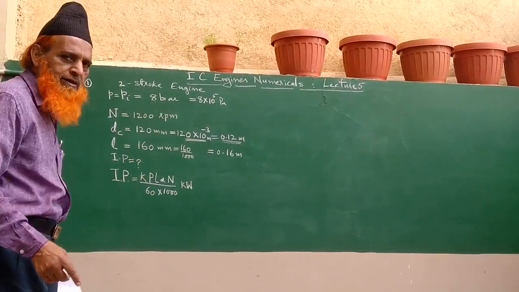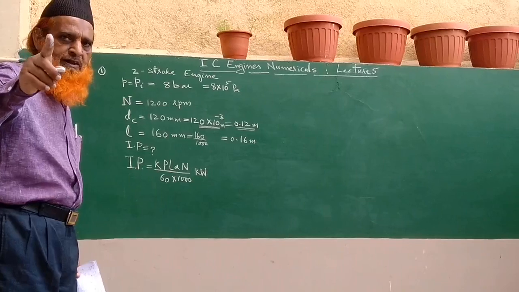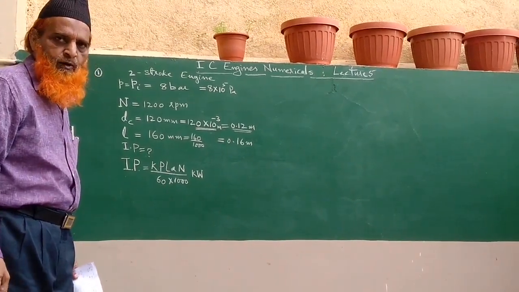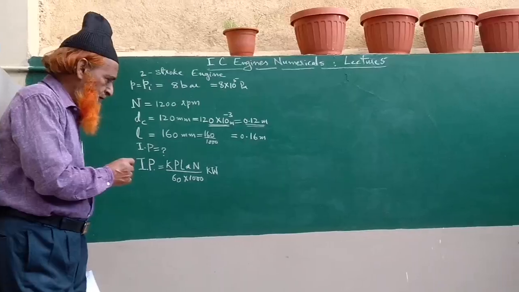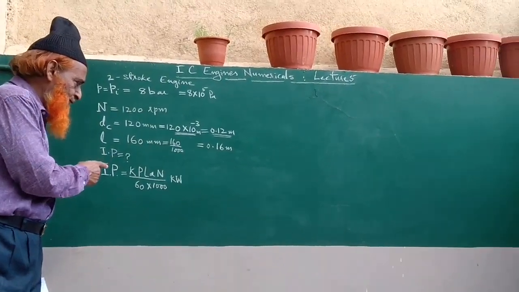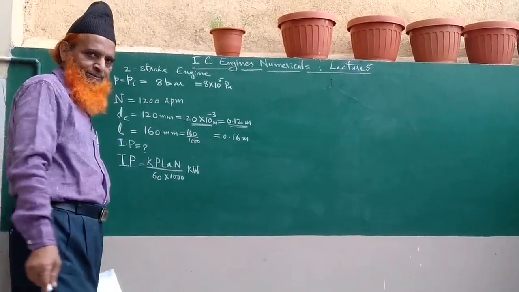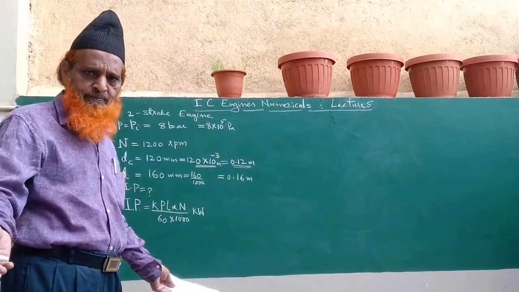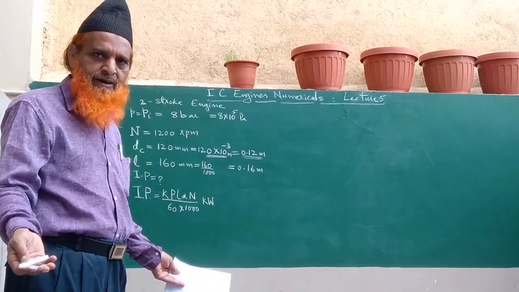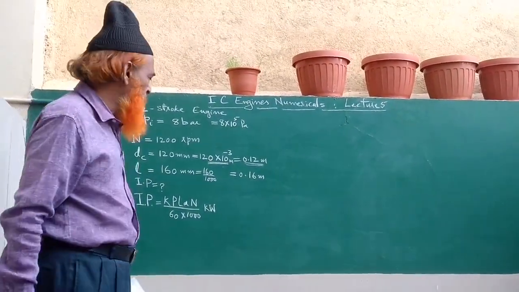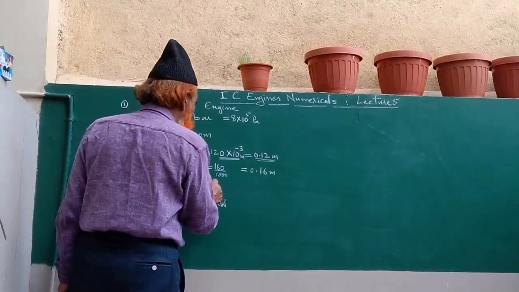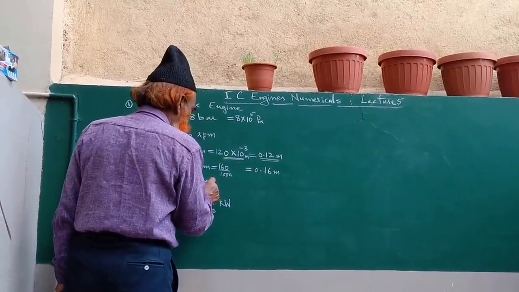K is not given, so we are supposed to take K is equal to 1. Single cylinder we have to take. K means number of cylinders. Understand? When K is not given, we are supposed to take K is equal to 1, which means single cylinder we have to assume. The engine could be with 1 cylinder minimum. Therefore, we have to put K is equal to 1, assuming K is equal to 1.